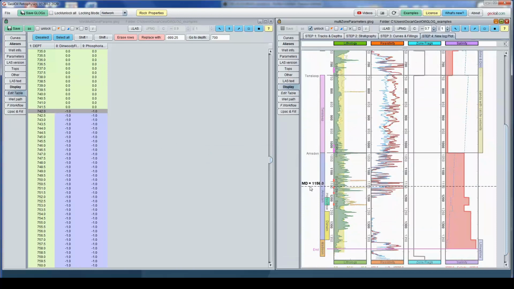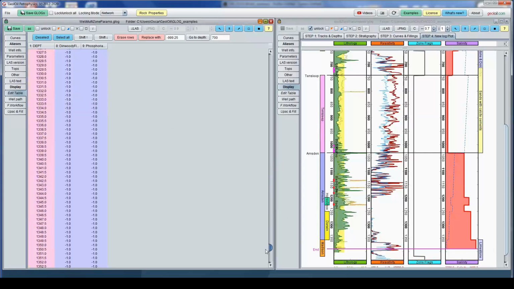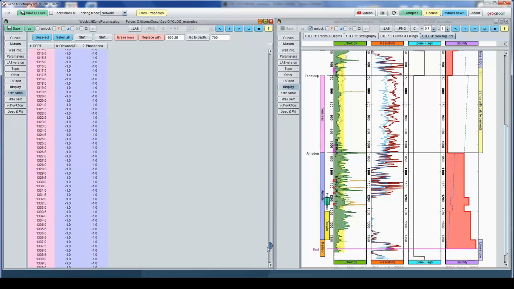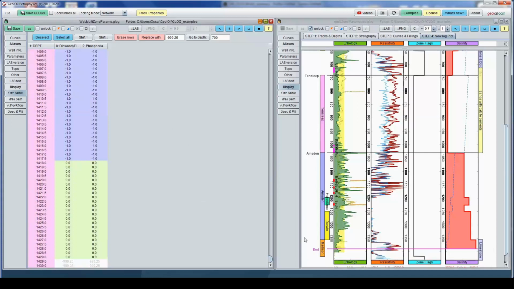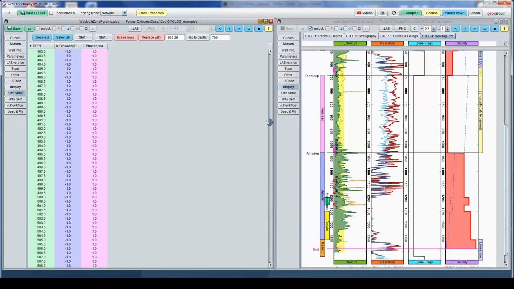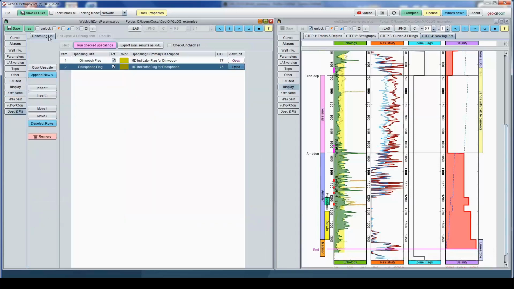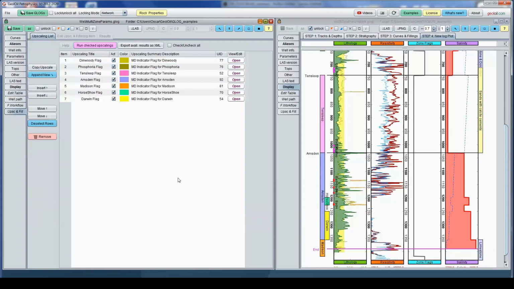After Tensleep you hit Amsterdam, will be -1. All of them will be -1 because we have the knowledge that those are not Phosphoria. All the way down will be -1. At the end we have some zeros because we have this blank of knowledge. And so forth, we continue defining the next ones.